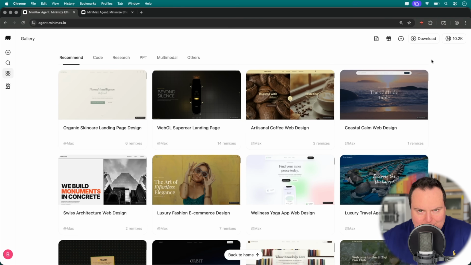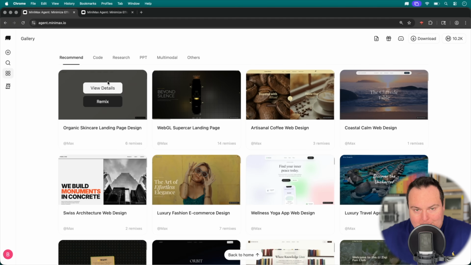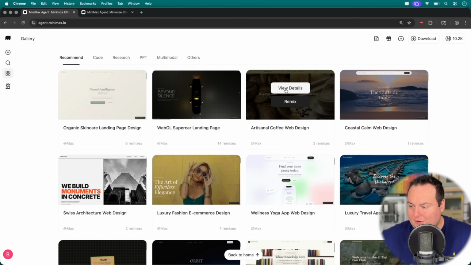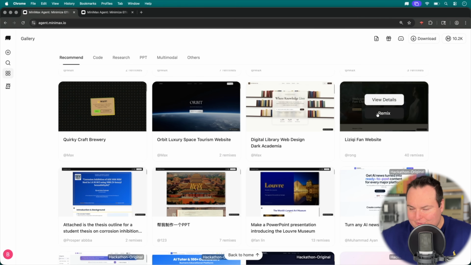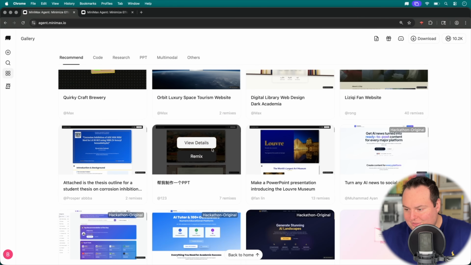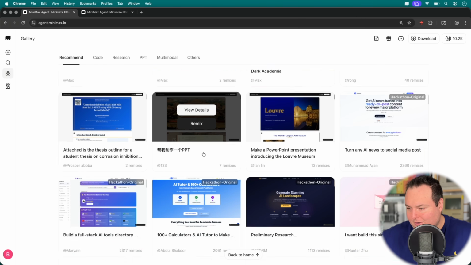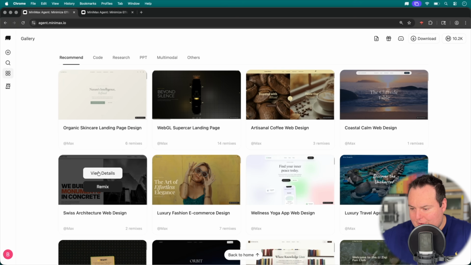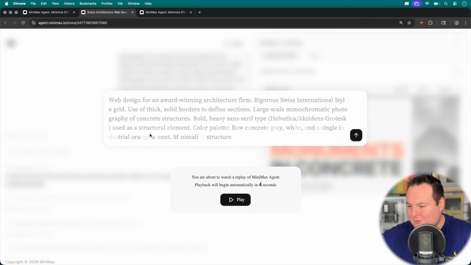And again, as I had previously mentioned, MiniMax is very well regarded for its aesthetic design capability. So a lot of the websites it's capable of generating tend to look pretty aesthetically pleasing, and we can see that they're predominantly featured right here in the gallery under recommended, and each one of these we can also remix, which would allow us to use this as a sort of blueprint for our own website, but then change the name to one's own specific use case and things of the sort. I do kind of like this Swiss architecture website design. I'll just click view details to see what this is, where we can see the prompt that specifically led to